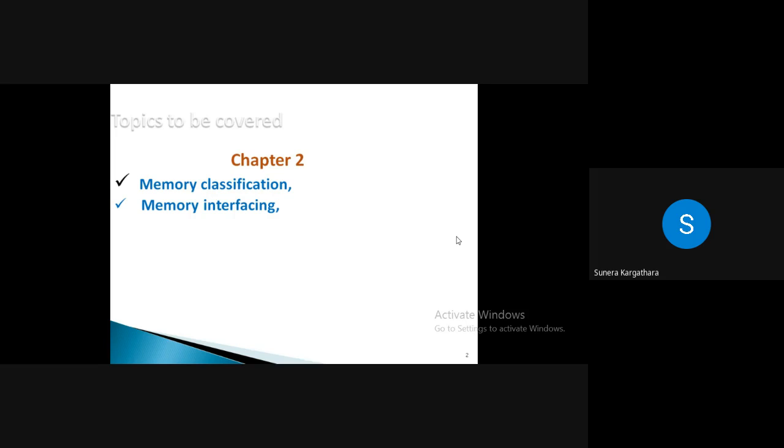Right now, the question is how to connect your memory with your microprocessor. So today we will check how to connect or communicate with the memory device. First, let us check the points that we want to discuss. Memory classification, I think there is no need to discuss. In the very initial lectures we already discussed it: RAM, ROM, PROM, EPROM, EEPROM. This can be the type of memory that we always need to deal with.